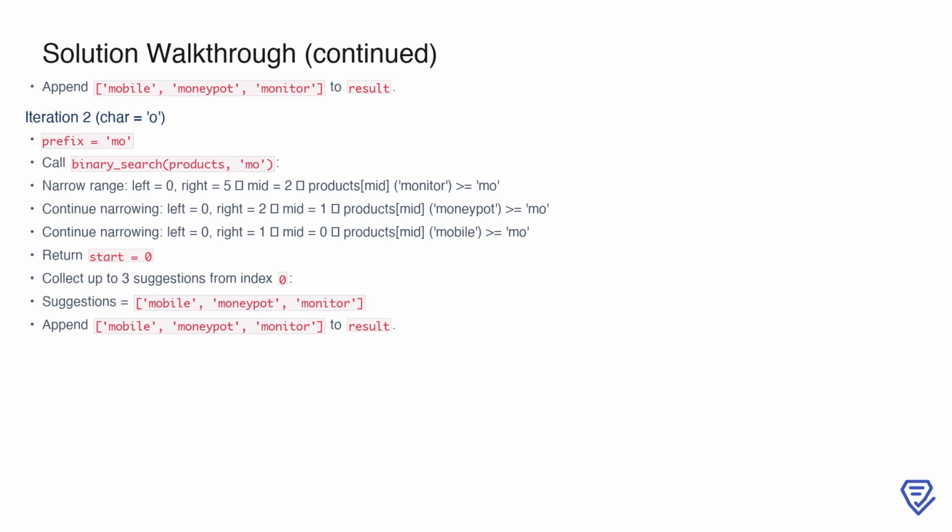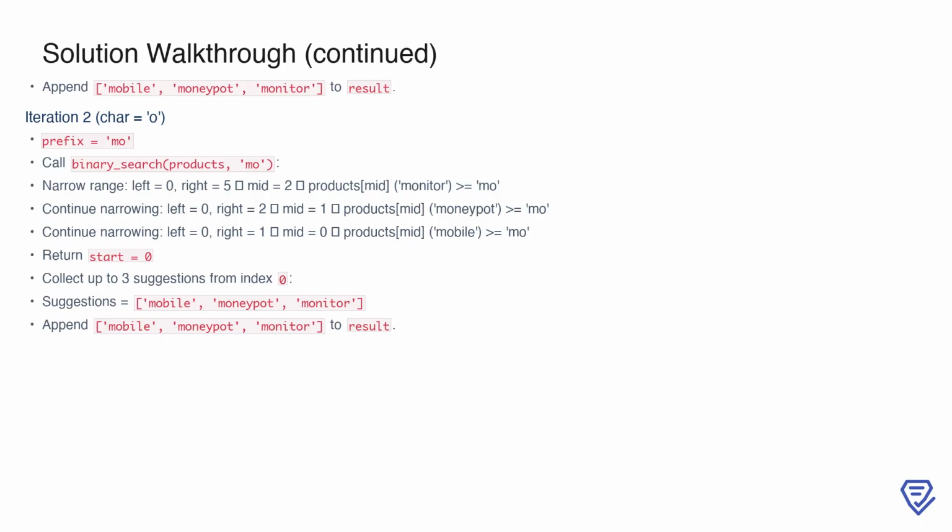Moving to the next character in the search word, which is O, we update prefix to MO. The binary search is called again to find the starting index for this updated prefix. The search narrows down as follows. First, the middle product is monitor, which is greater than or equal to MO. This narrows the range further until we determine the starting index is still 0. From this position, we again collect up to 3 suggestions, which remain mobile, moneypot, monitor. These are appended to the result list. By maintaining the order of the sorted array, we ensure that the suggestions remain consistent for prefixes that share the